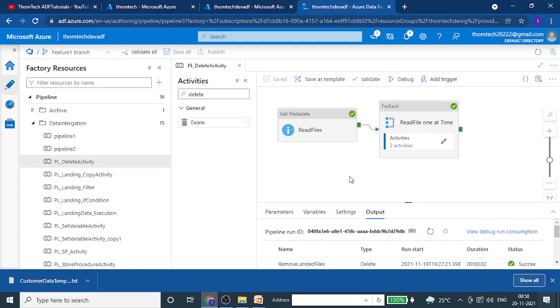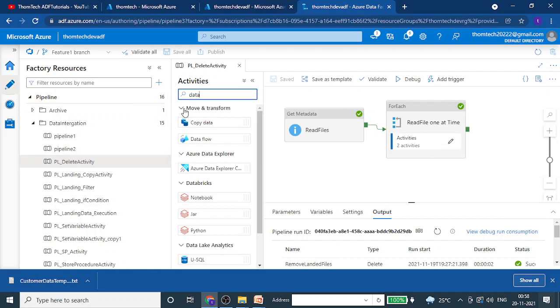So if we are using that component, I can show you that data flow. It will come under move and transform. We use copy activity in the usual dumping of data from source to destination. This data flow will help us to copy the data from source to destination and perform some transformations as well. And it will use Apache Spark to spin up the clusters and process the data. So we'll see that in much more detail. I'm not jumping into that.